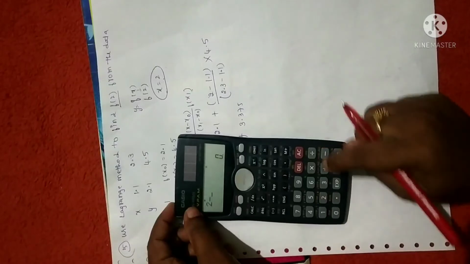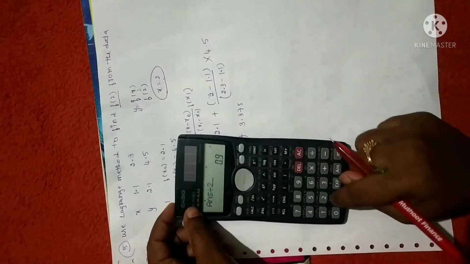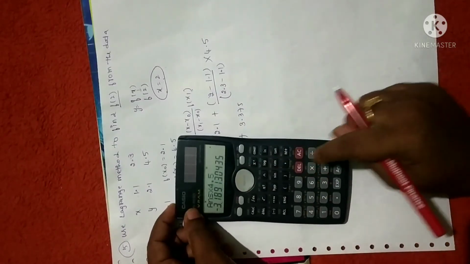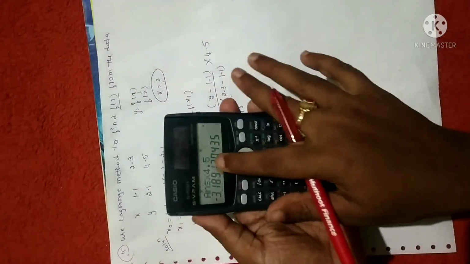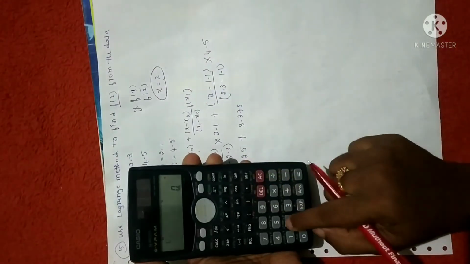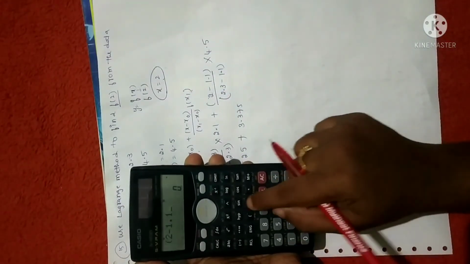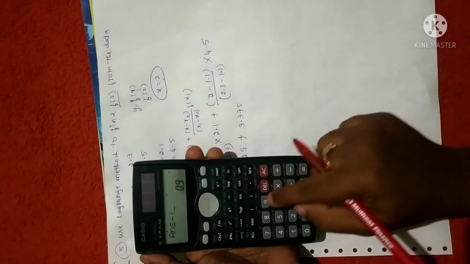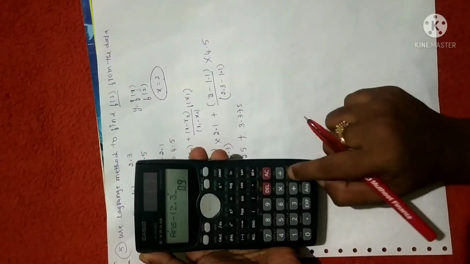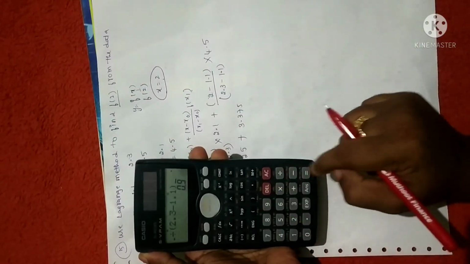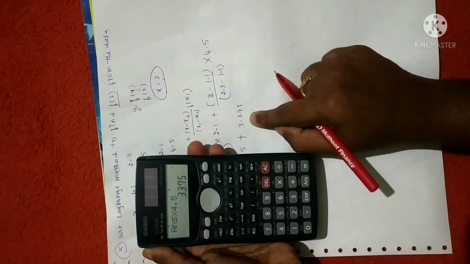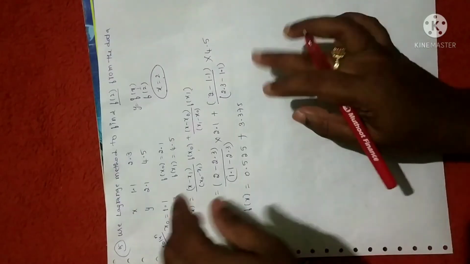It is easy to simplify. I'll show you the second term. See here, 2 minus 1.1 divided by 2.3 minus 1.1. You will get this, multiply it with 4.5. See, if you miss the bracket you will get the wrong answer. You have to put the bracket carefully. 2 minus 1.1 close bracket. Again divide. If you miss the bracket in the 4 point formula also you will get the wrong answer. So put the bracket, don't forget to mention the bracket. 2.3 minus 1.1. Next multiply it with 4.5. Then you will get the correct answer. Remember, if you miss even one bracket you will not get the answer. So please maintain the bracket.